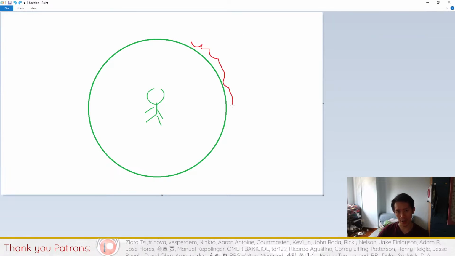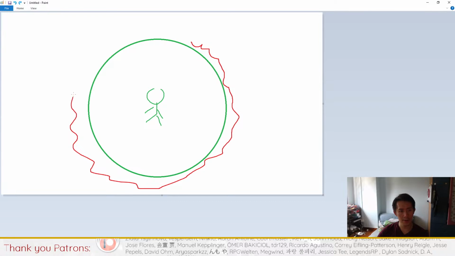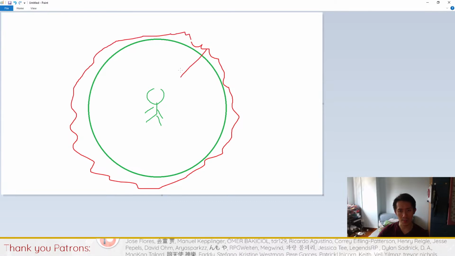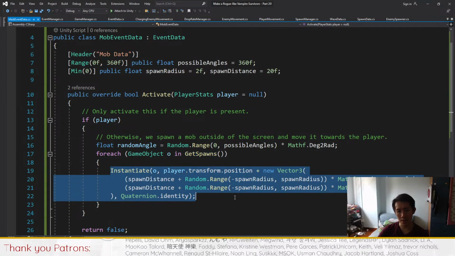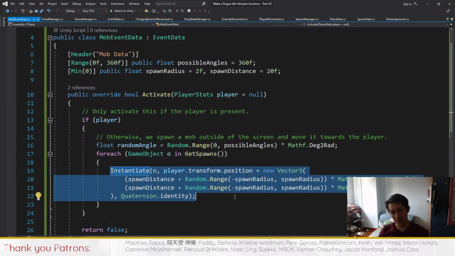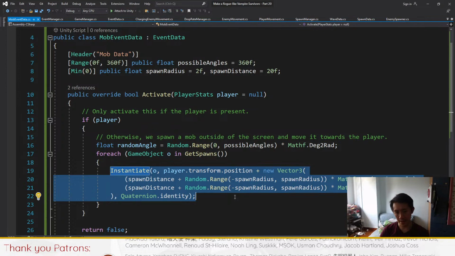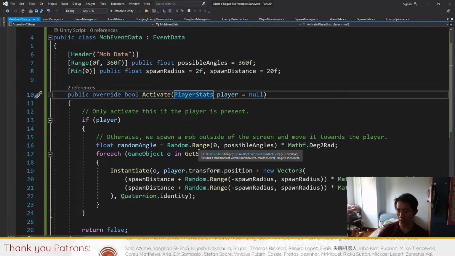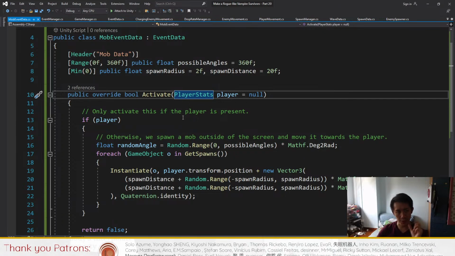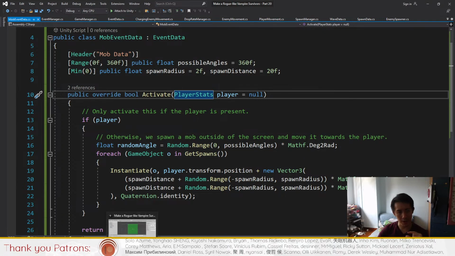So enemies can spawn anywhere around the circle, and then once it spawns, it's gonna move towards the player. This is what the code here is doing. It's spawning the enemy outside of a certain radius, and that is basically what we are doing with the mob event data. So if you want to create a flower wall, you will have to create another event data,